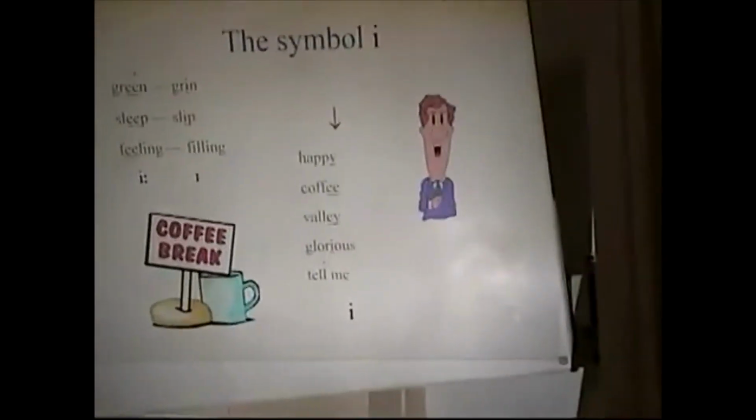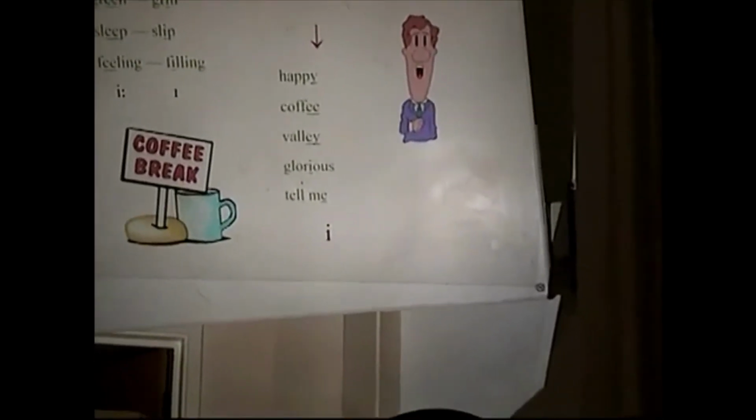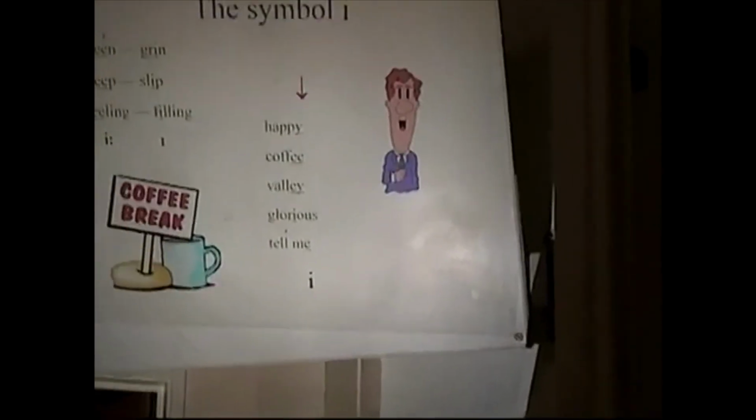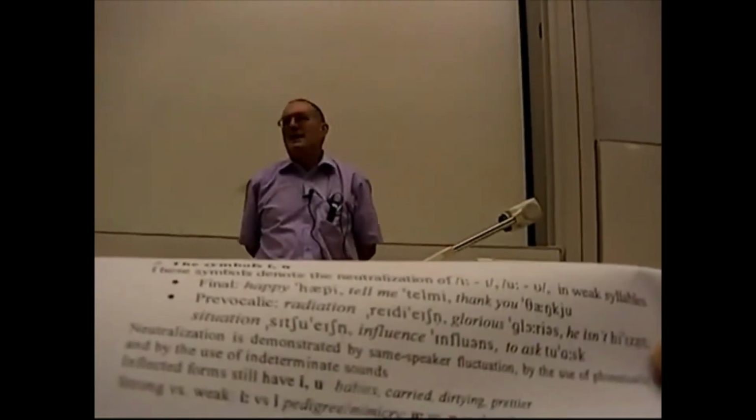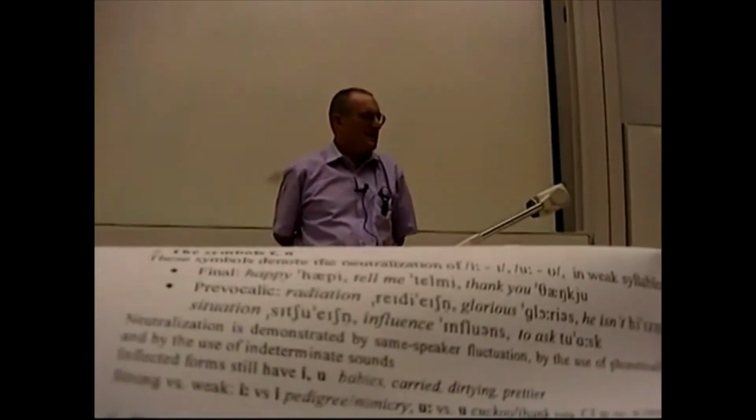If you look at the handout, you will see that it refers, point 2, not only to the symbol letter I, but also the letter U. Because we have the same thing when we compare oo long and oo short, as in food and good, respectively. Contrast there in stressable syllables, but in the pronoun you, again we end up with a kind of neutralized you. Thank you. It's short in duration. It isn't exactly ooh, it isn't exactly oh. It's some compromise. Thank you.